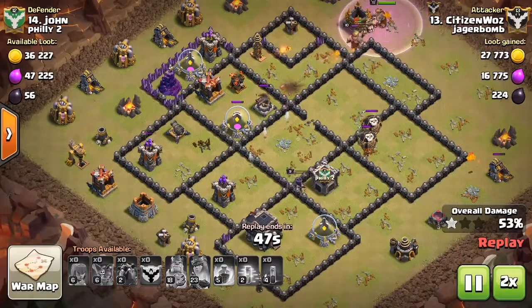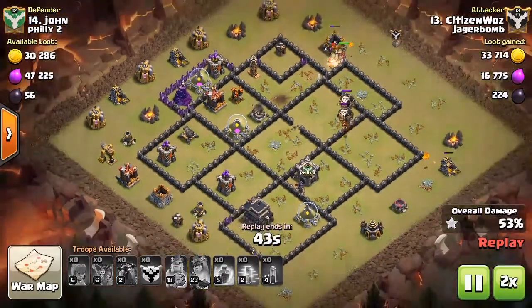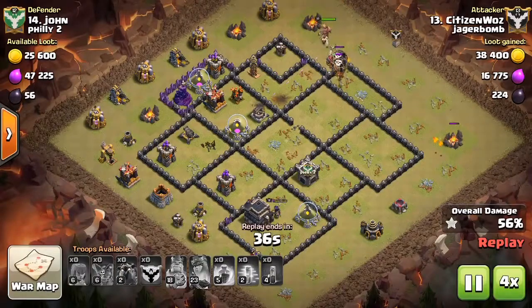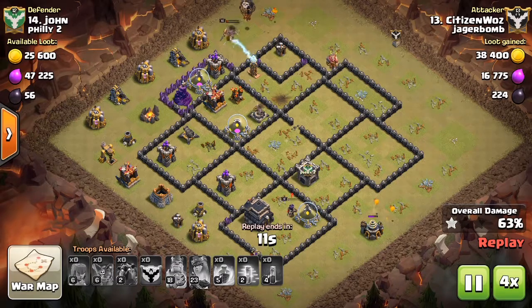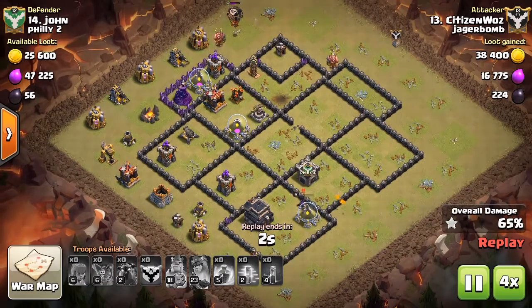Let's fast forward this a little bit. This is not going to go anywhere. So you could see how it is important to consider the pathing of the hounds, not just the loons, also the hounds. So on an offset